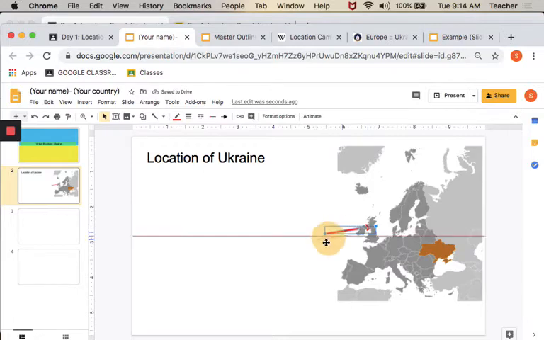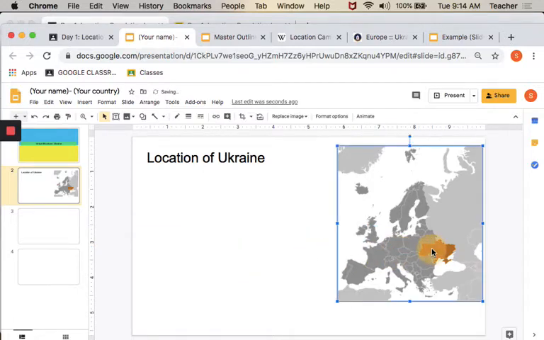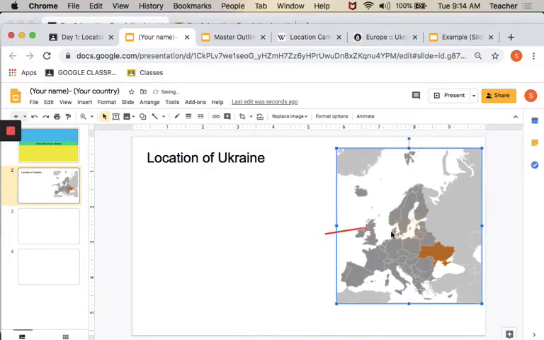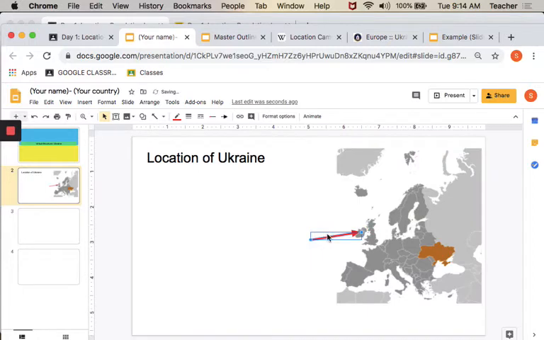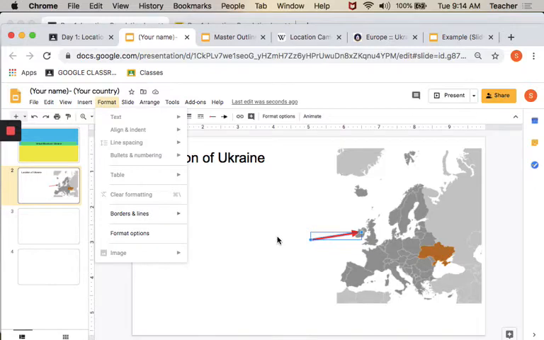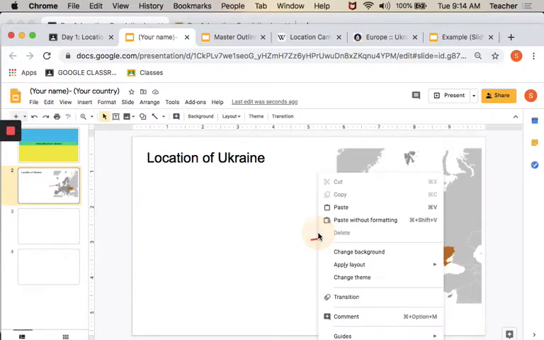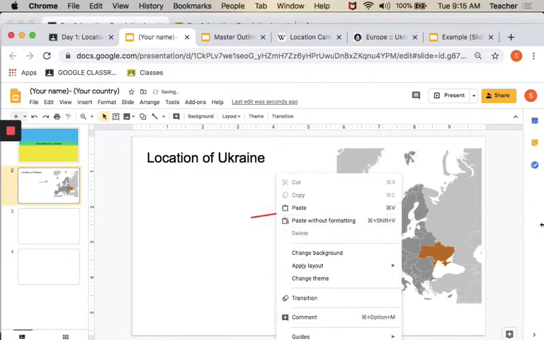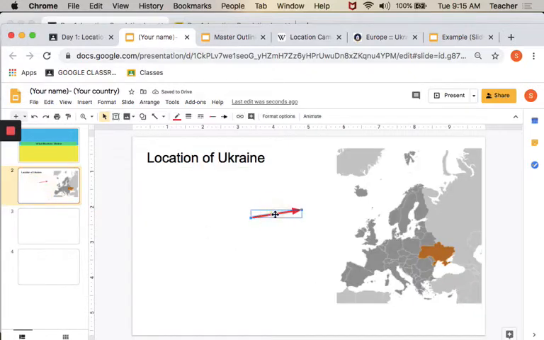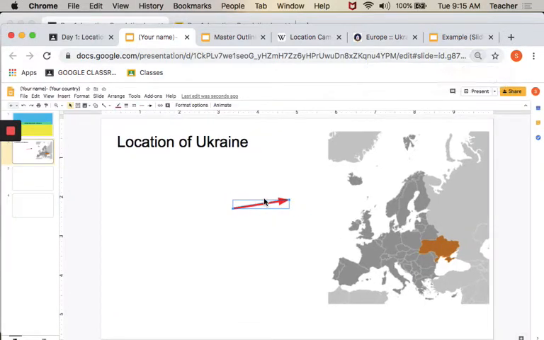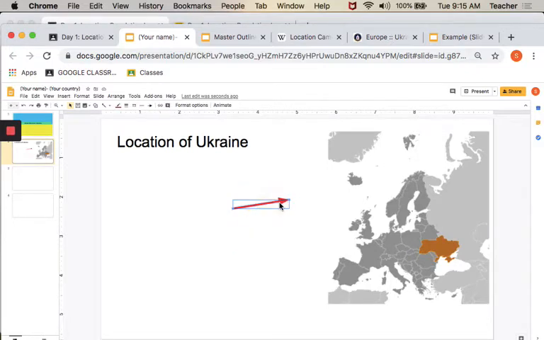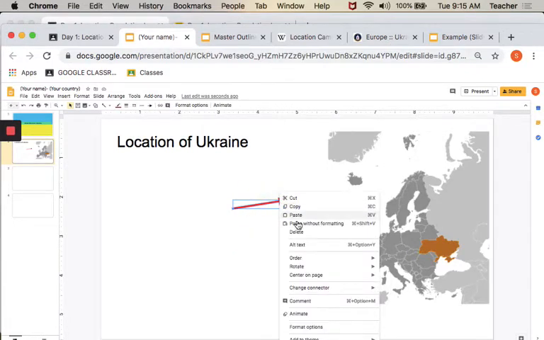Now, if you're dragging your thing and your arrow is behind the image, you can right click it. You're going to right click it, and then go down to where it says order. Why is this hard? You're going to right click, and when it says order,